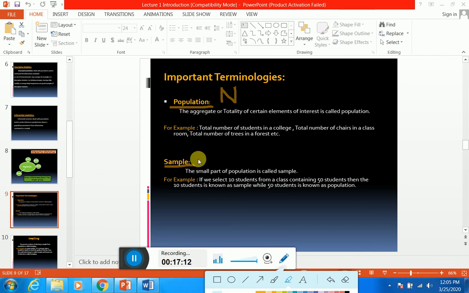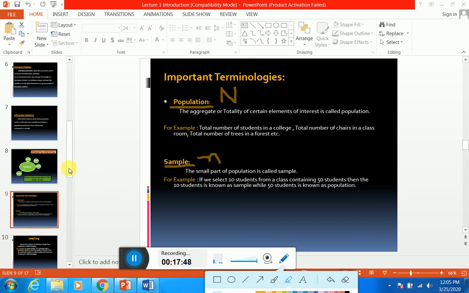Now remember, sample size is always represented by small n. Small n shows the sample size. What does sample size mean? Sample size means how many members are there in your sample. Remember, whenever there are members in a sample, we call them subjects or objects, and in a population we call them elements or members. Hope, inshallah, a bit of the idea will be clear.